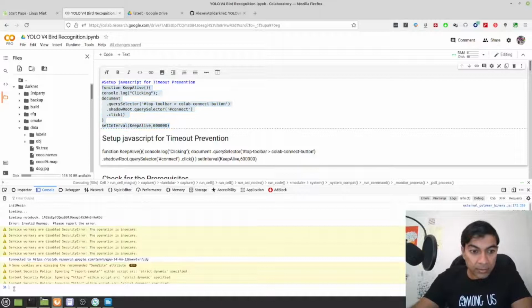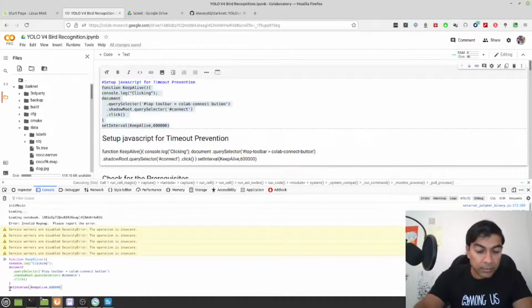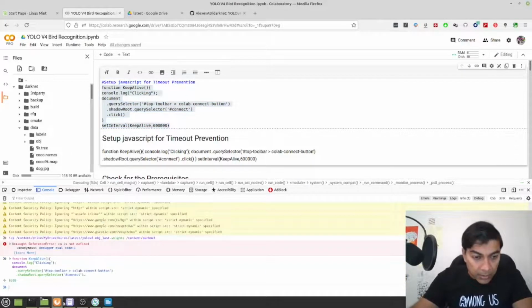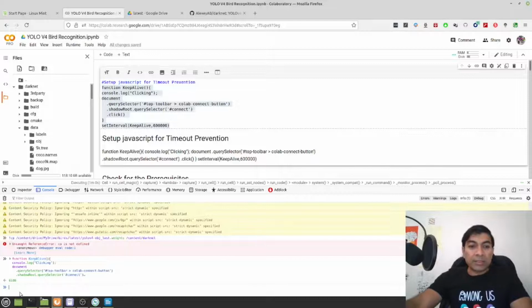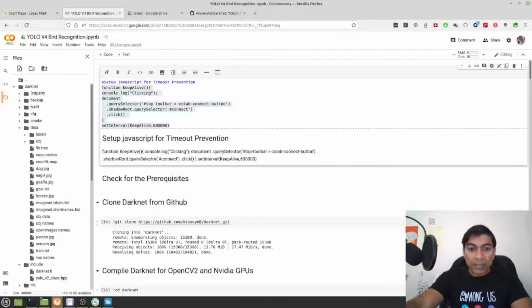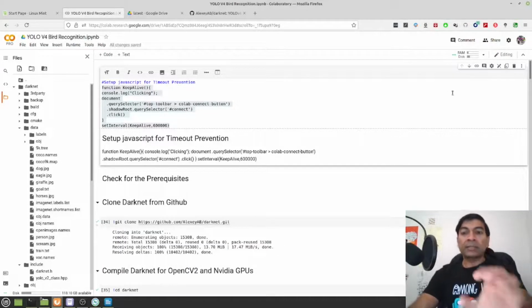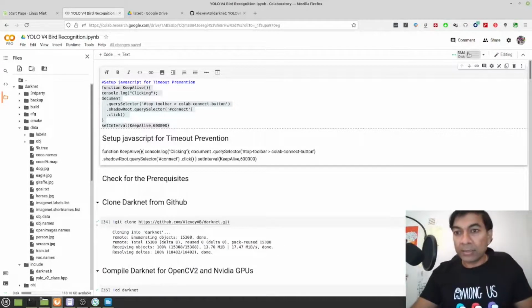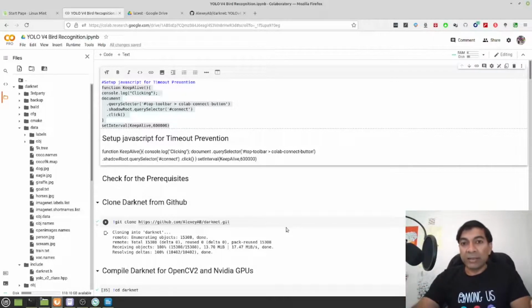Control C, console. Now if you see this green and a number there, a number in that green font, it's working. So what happens is every 60,000 milliseconds, converted to seconds or minutes, I don't know how much that is actually, it just simulates a click on this connect button, which will keep the session alive for as long as